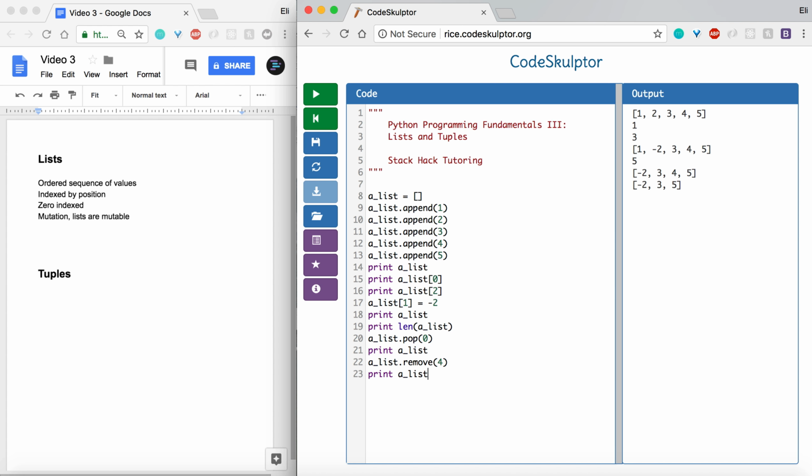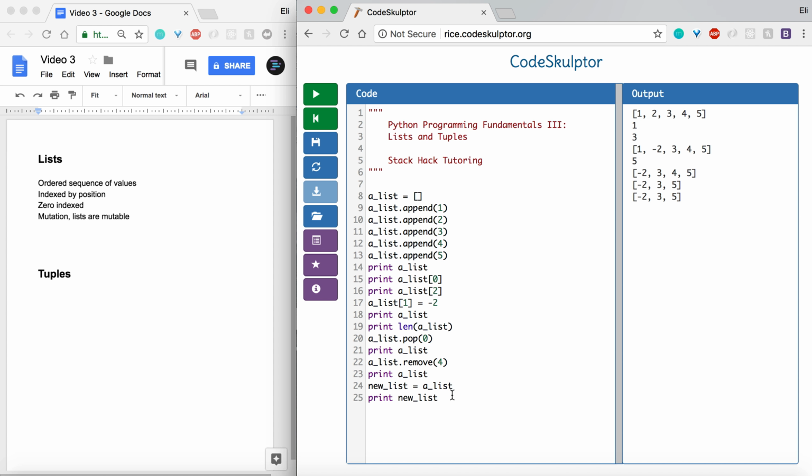But you don't necessarily have to mutate. It's very popular nowadays to do what's called functional programming, and that means you never mutate any of your data. You can do that by making copies of your list. Now, a shallow copy is when I just say new list equals a list. Really, this is just setting this variable equal to that variable, so new list is equal to a list, but they're actually pointing to the same